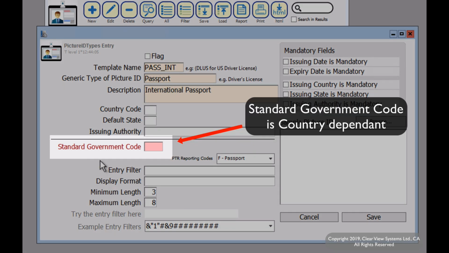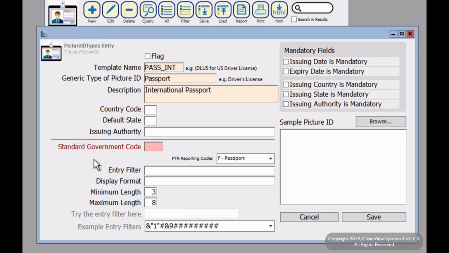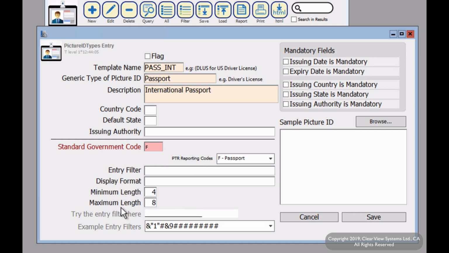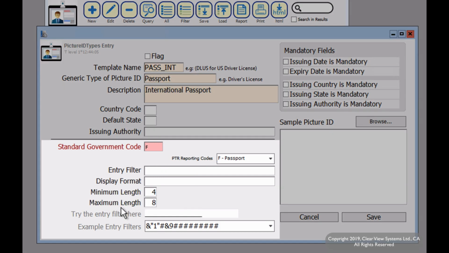For the standard government code, depending on your country, you may need to report certain people to the authority, and the government actually has their own code for reporting picture IDs. When you're creating a generic template for your ID, you will need to enforce a flexible minimum and maximum length. The entry filter enforces the entry to be a character type. Now, say if you wanted the input to be digits, that is done with ampersand